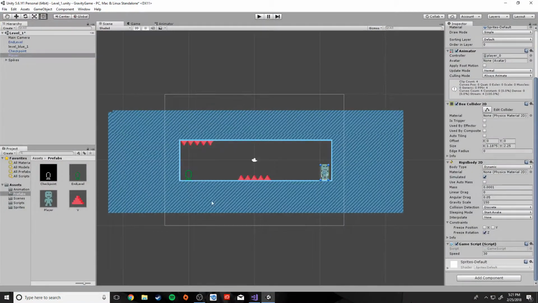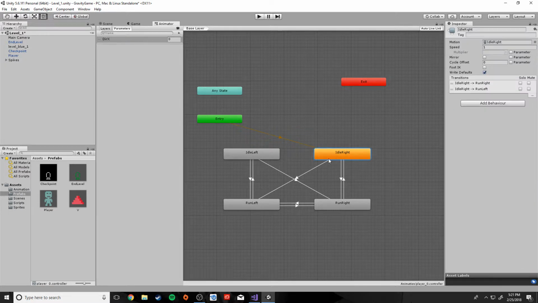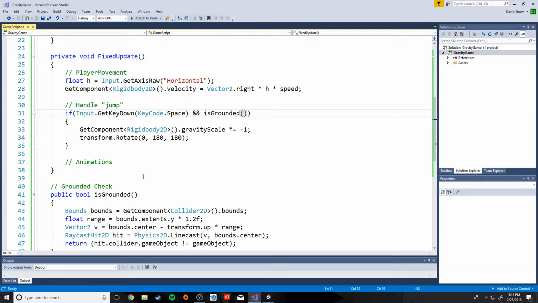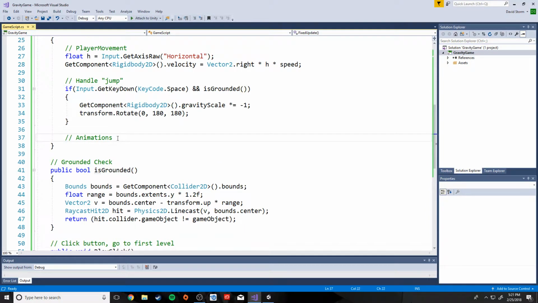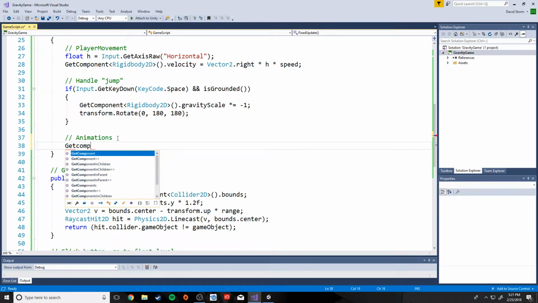Let's go to our animator really quick. Let's remind ourselves what we've done. We have idle right, going to run left, going to run right, run left, and so on. All of this is set to this one parameter, this direction X. So all we need to do is write a line of code that says, hey, send direction X to the animator. So what we need to do is get component,